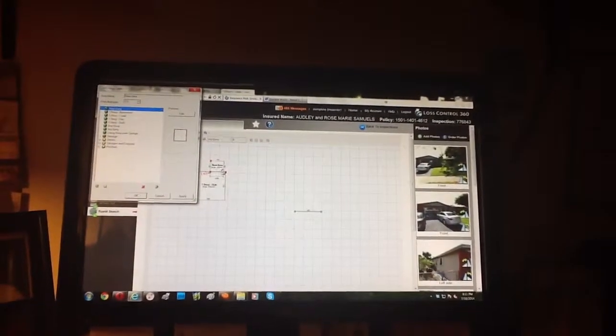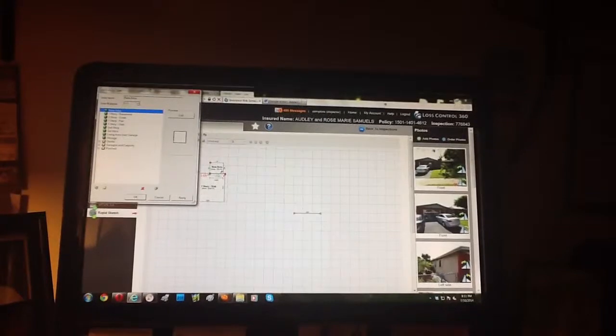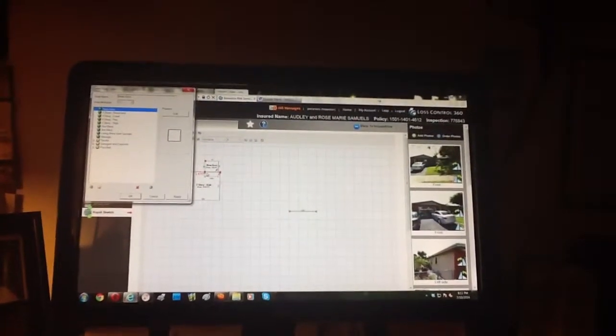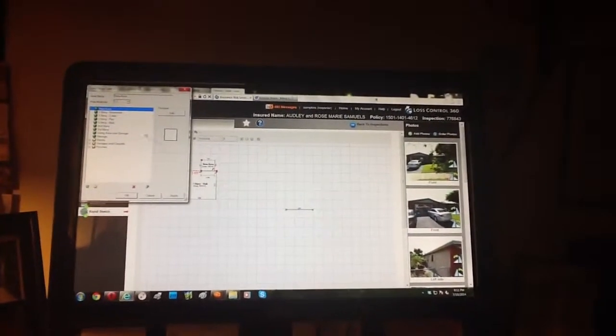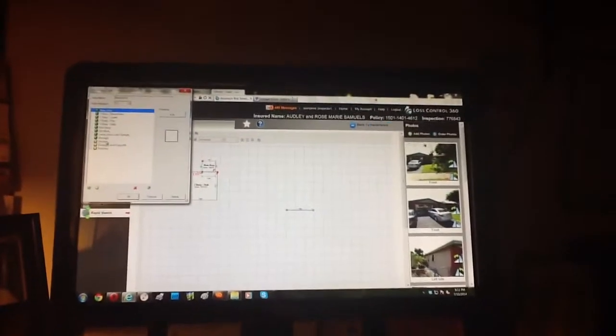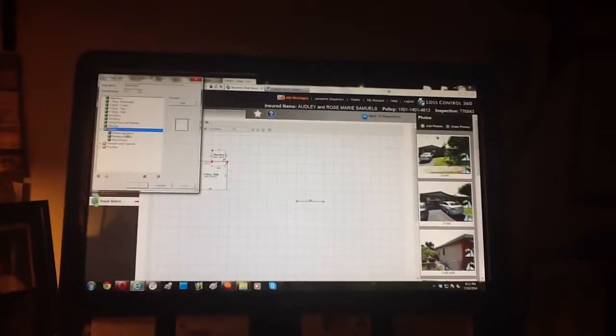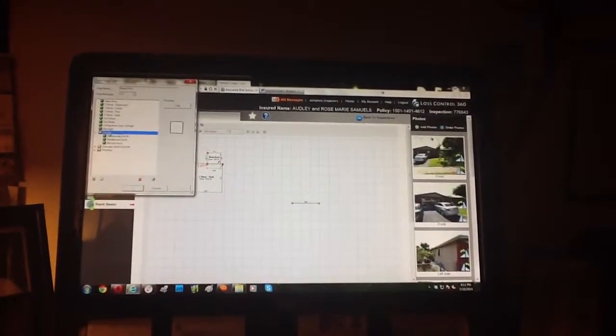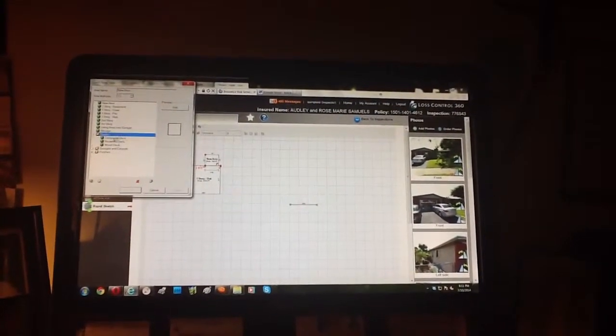But whether you have to draw the whole dimension of the porch, or whether it connects back to the building, this will pop up again, and you have these different drop down menus for what's out there. For instance, if you have a deck, which you're not going to see too many of,